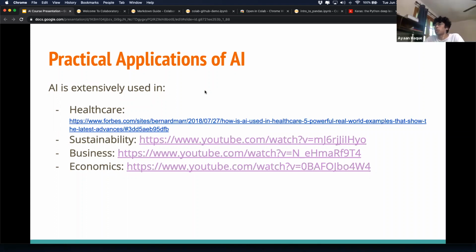Right. Really quick, for healthcare, it would be recognizing certain diseases based off images. Things that I've done are skin cancer and malaria, where you can take a blood cell and analyze specifically what makes it representative of malaria. For sustainability, it would be for the environment, like you can find and classify invasive species and invasive plants. And for business and economics, it's to make predictive models for the future to better understand your business and your economics.